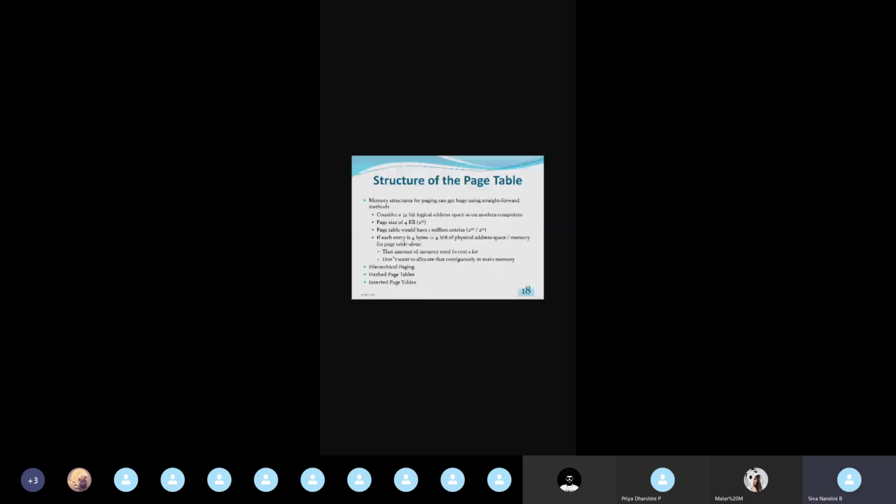For example, there is an area of 100 square feet. In that 100 square feet, you place tiles of 10 square feet each. How will you count how many tiles are required? The total area is 100 square feet, and the size of each tile is 10 square feet. 100 divided by 10 gives the number of tiles required for placing. This is only an example.